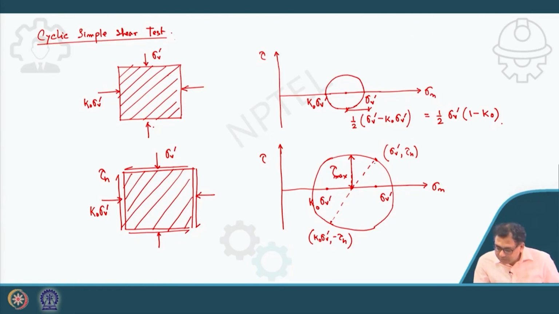So, now if I complete this triangle, say triangle O, A, B. Now in triangle OAB, OA is tau max,